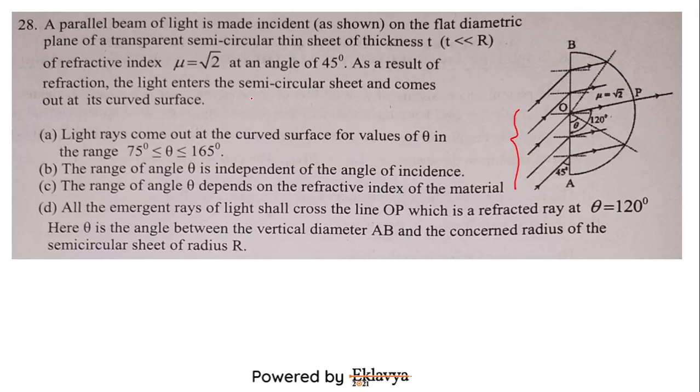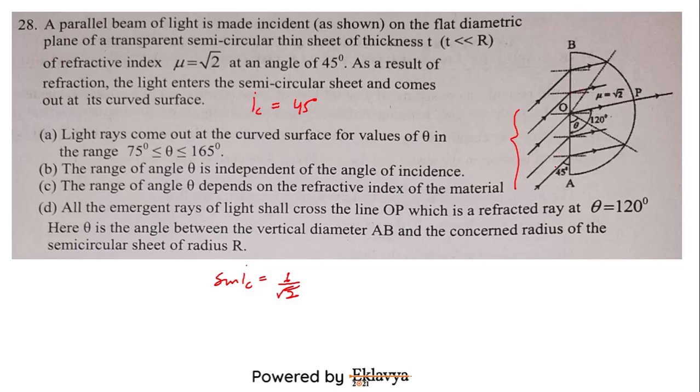This also means that the critical angle for this material and air would be 45 degree. Because if I go by this, sine of critical angle is equal to mu rarer upon mu denser. So I get this. So critical angle will be 45 degree. We can see it from here. So first thing that we are going to do, let's notice